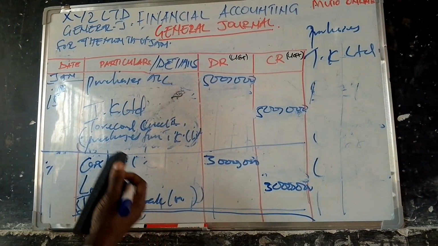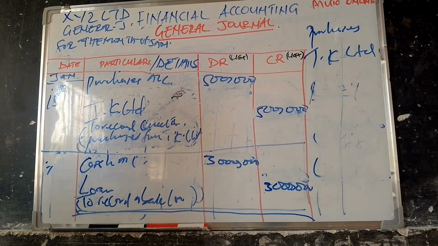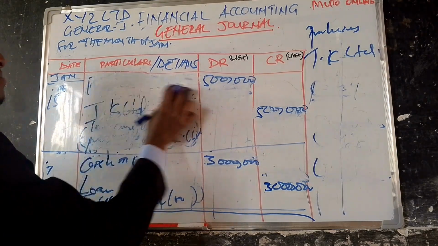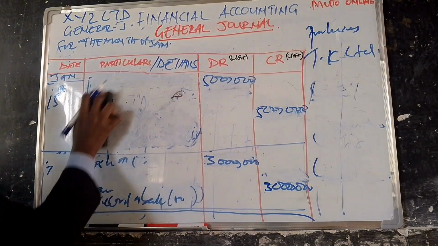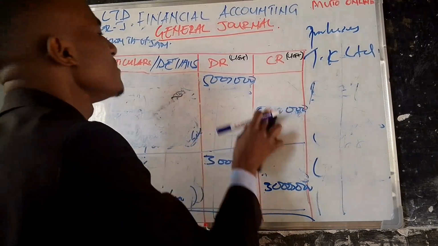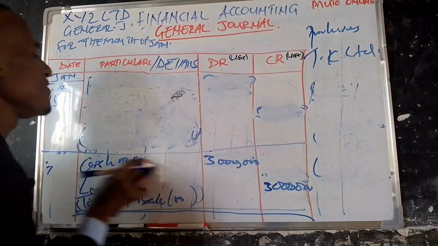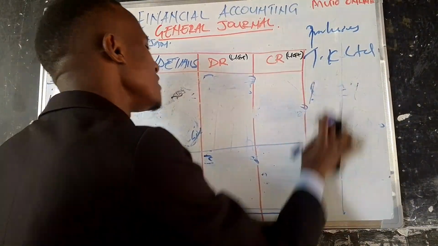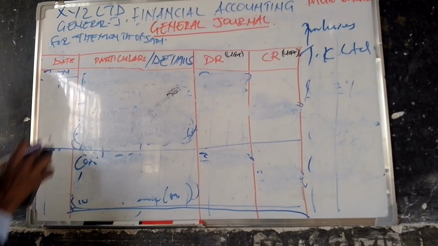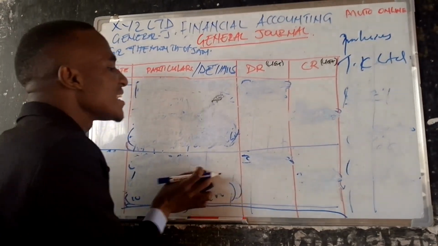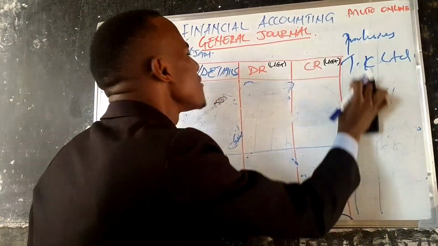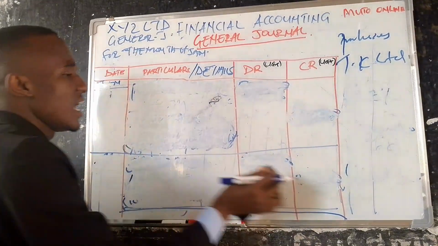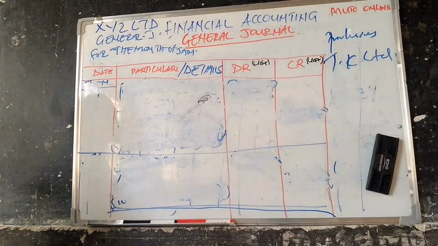Dear viewers, since you see our space isn't enough, so allow me to minimize it. But remember, while you are in a general journal, it is a financial statement that records the debit side and the credit side. Remember, with its specific feature that it has its own specific reason as to why you are creating that account, and it is only the general journal that must be created with the reason as to why you are creating those accounts. And here we are going to, and someone may face